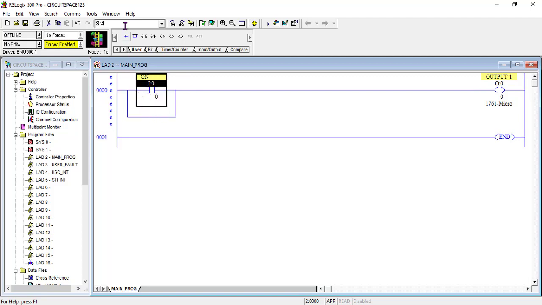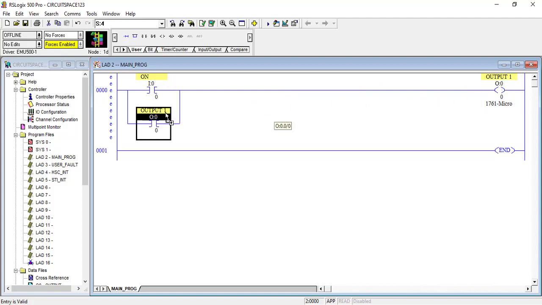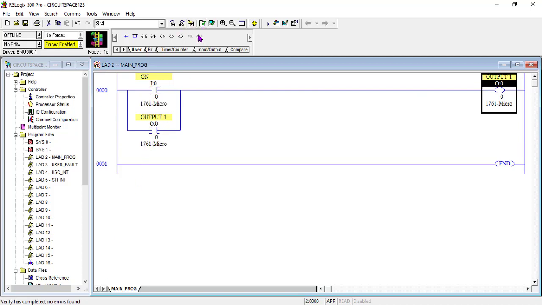Then I take an NO and drop it inside. Give it the same address as this one. This very address here. You can see the way I carried it. I just pick the address. I don't know the type. I carried the address and I drop it here. So now, if I verify, no error, verify project, no error, then the next thing I do is I download